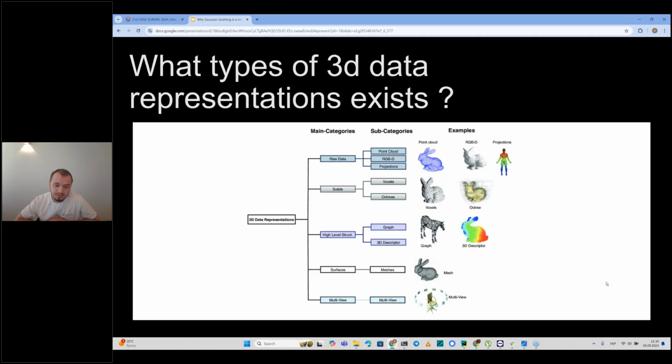Most of the gaming area and 3D editors use this mesh representation as a baseline for 3D modeling, and then texturing it. And any computer game that you know consists of plenty of different meshes painted by textures.